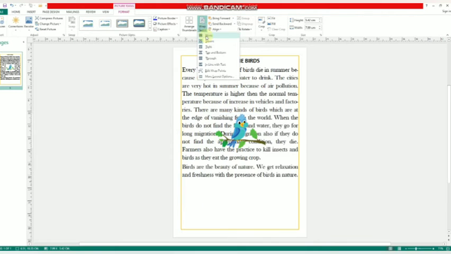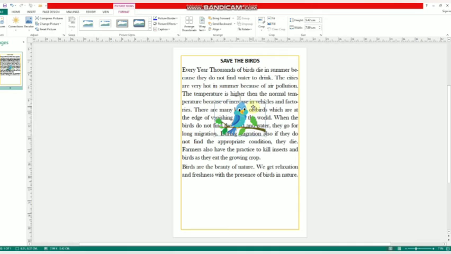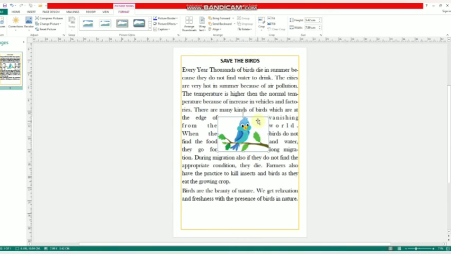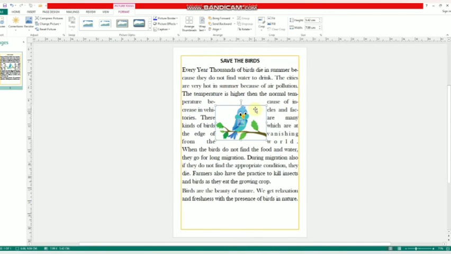If I click on the None option, you can see the changes. This picture is in the upward direction within the text. See here. Now, if I select Square, the text is automatically adjusted.